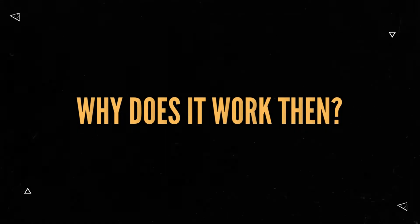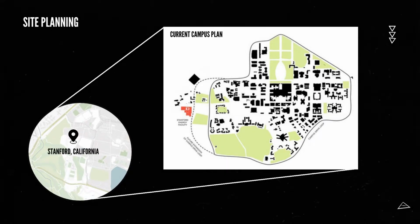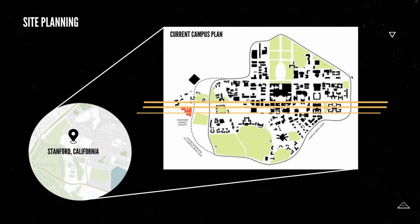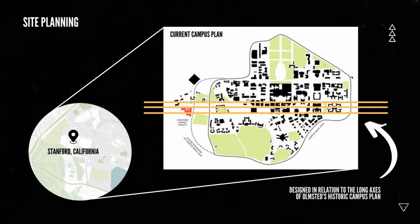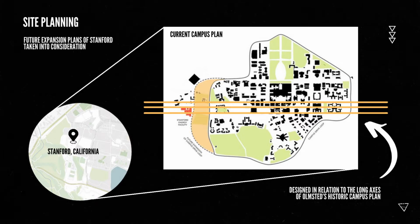Let's talk about the Central Energy Facility and the systems affecting its surroundings. So, let's first look at the planning of the facility. The campus architect of Stanford University, recognizing that the campus would expand in the future in the direction of the new Central Energy Facility, or CEF in short, suggested that the new facility, specifically the office building component, be designed in relation to the long axis of Olmsted's historic campus plan, by placing the CEF at the end of one of these long axes. The structure would both terminate the axis and link it in an important way to the